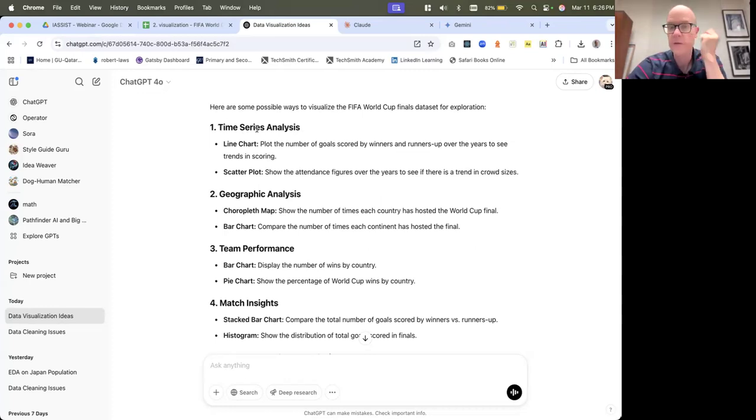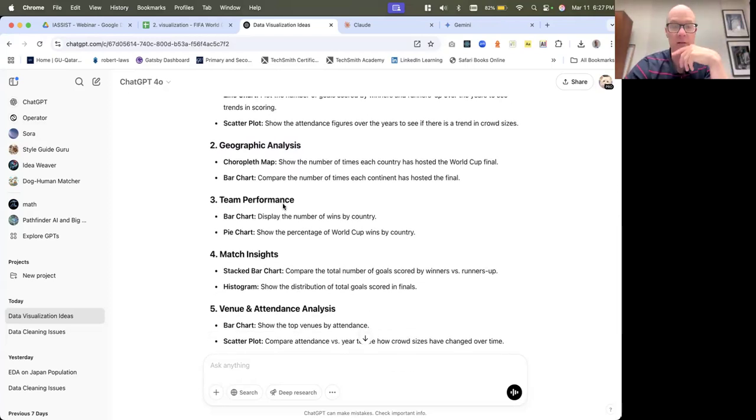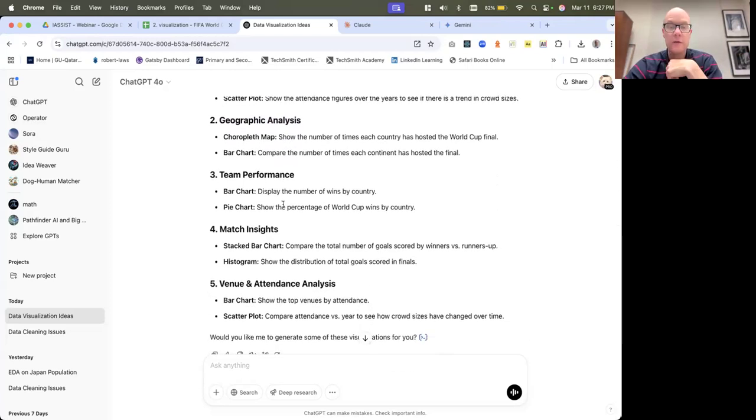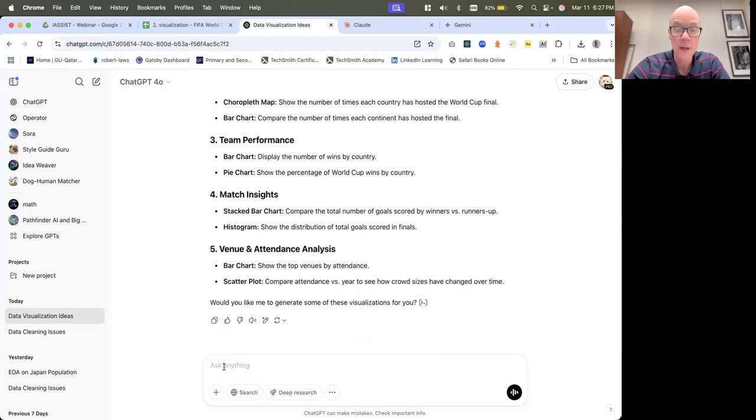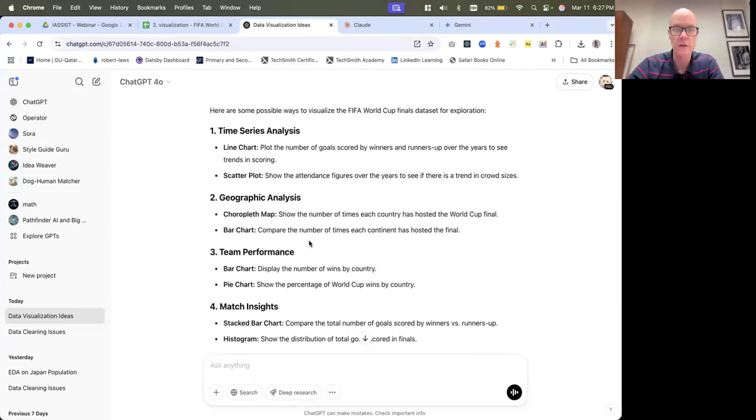So a time series analysis, a line chart, a map, a bar chart, pie chart. So even a scatter plot, there's just from that small data set, there's so many ways you can visualize. So this is where you can actually use the power of AI to do the visualization. So let's begin with a time series